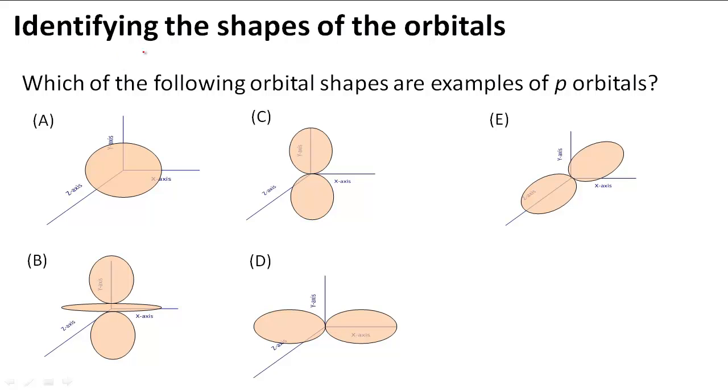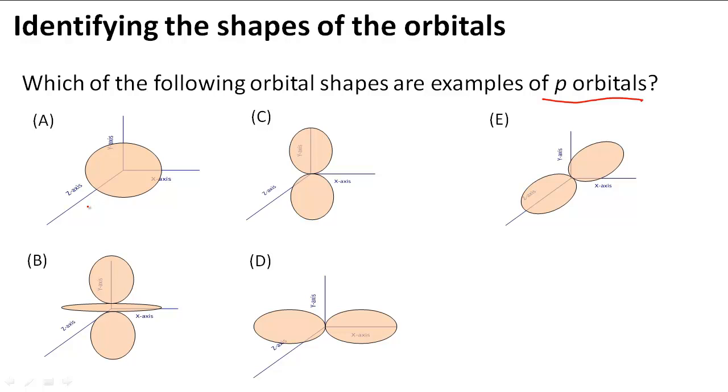Identifying the shapes of the orbitals. In this example problem, it says which of the following orbital shapes are examples of p orbitals. So we have to take a look at all these pictures and decide which ones are p orbitals. As you can see, it has an x-axis, a y-axis, and a z-axis because it's three-dimensional. We're talking about an atom, and we're talking about the three dimensions of space where we could potentially find the